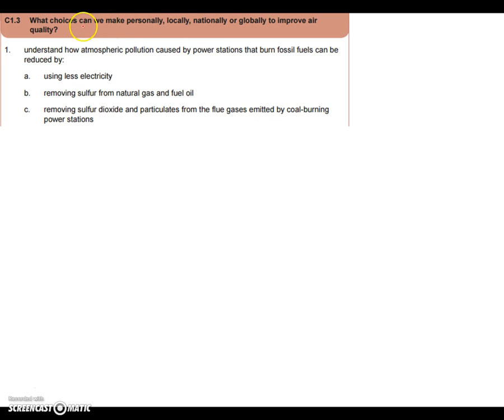So part 3, choices we can make personally, locally, nationally or globally to improve air quality. This is generally where your 6-mark questions might come from, about talking about social, economic and environmental impacts of using fuels, particularly in this section. So understand how atmospheric pollution caused by power stations that burn fossil fuel can be reduced by using less electricity. Well, very simply, if we use less electricity,